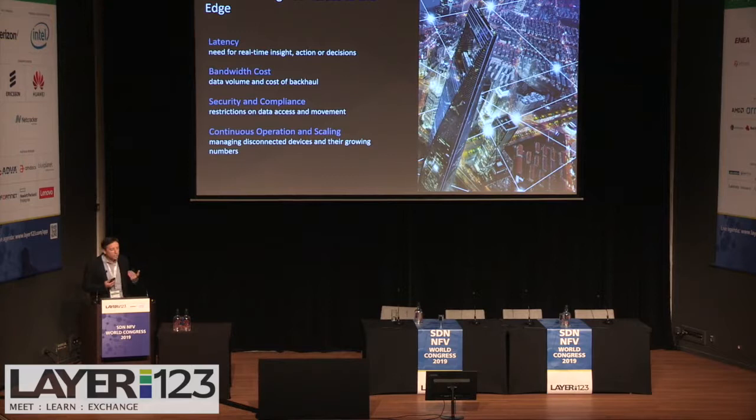And continuous operation and scaling, managing these disconnected devices. We'll see some numbers in a minute, but there's going to be such a wide variety of devices, and the numbers will be astronomical, right? So how are we going to deal with all of that? It's going to have to be an automated way of operations. It's going to scale, and we don't know what the numbers are going to be. But the key message from this one is that our enterprise customers can now do more because they've got an expanded technology footprint that allows them to develop new applications for their businesses.